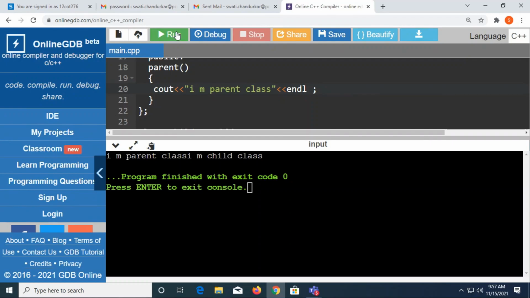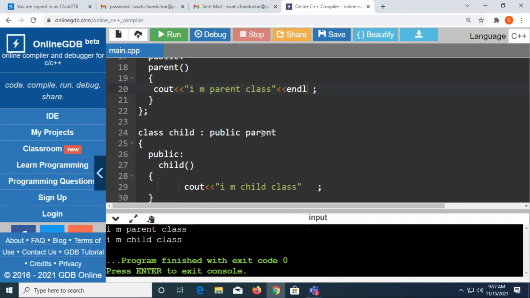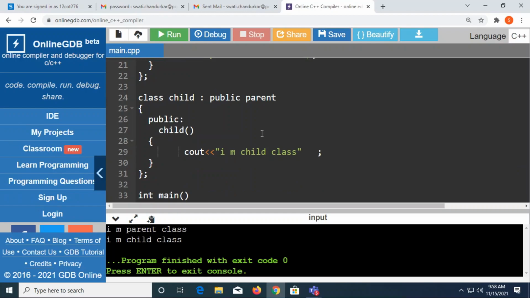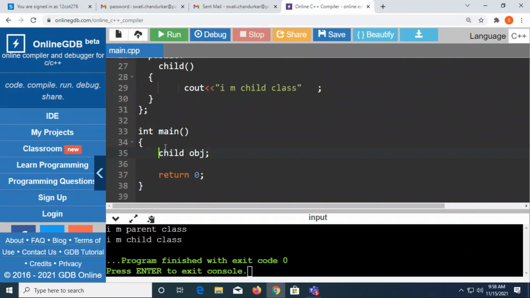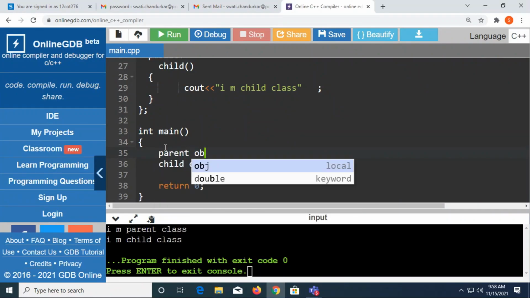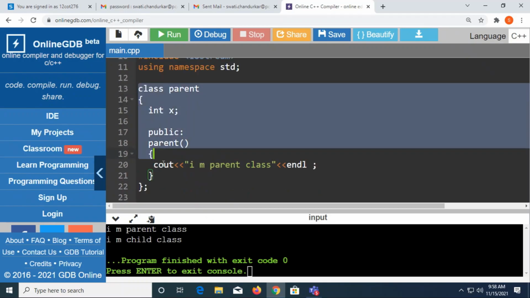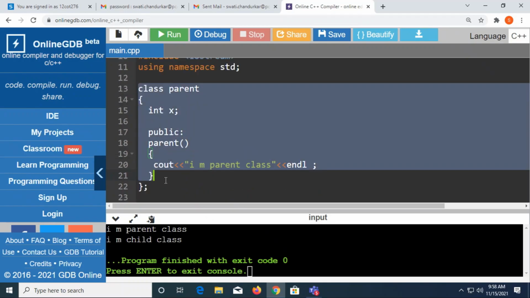Why is this happening? Because there is a relationship. Fine? There is a relationship between a parent and the child. Child is dependent on the parent. That's why. What if I'm creating here an object of a parent? For example, I'm creating an object of the parent. So this is an object of my parent, obj1. Now what will happen? So this is directly a parent. So when the compiler's control comes here, from here the control will move to the parent class here, and this is executed. So what will be the expected output?